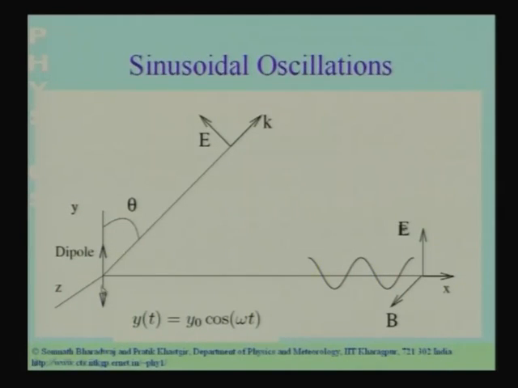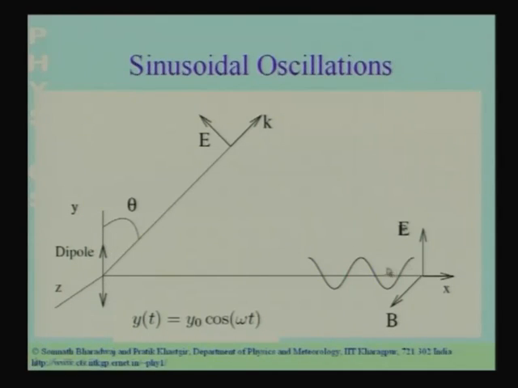simplification that when you wish to calculate the electric field along the x axis, you have to take the component of the acceleration in the direction normal to the x axis. In this case, the electrons, the charged particles, accelerate along the y axis, the dipole is aligned with the y axis. If I take the component of this acceleration in the direction perpendicular to the x axis, it is still along the y axis, there is no change.